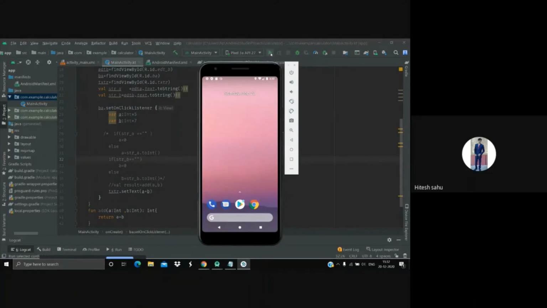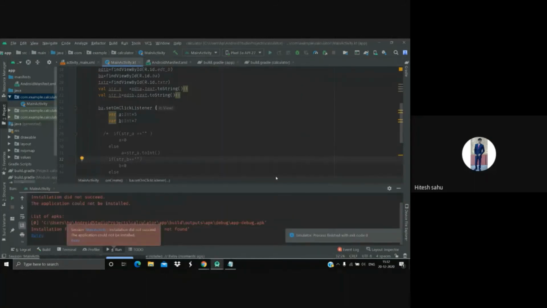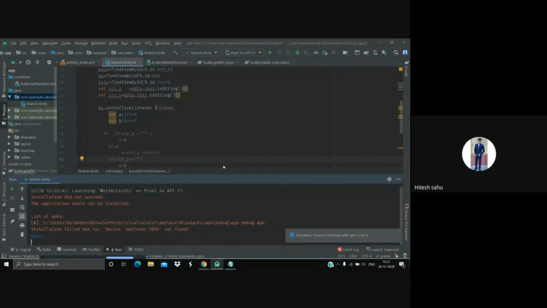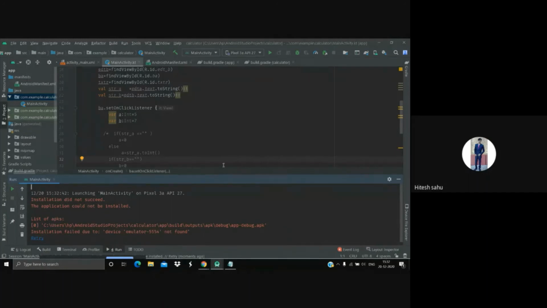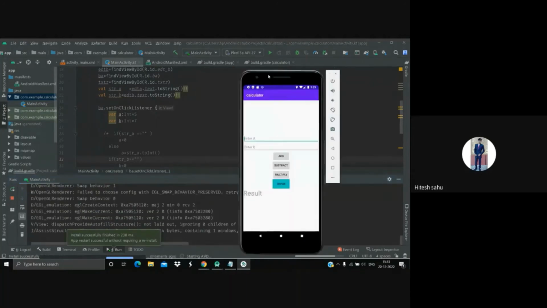Okay, so when we have applied a button click listener on that button, we have fetched the value of a and b, and on clicking that button, this function will be called, and whatever operation you are performing here, those lines of code will be executed. So at the end we have written set text. You can show that set text.